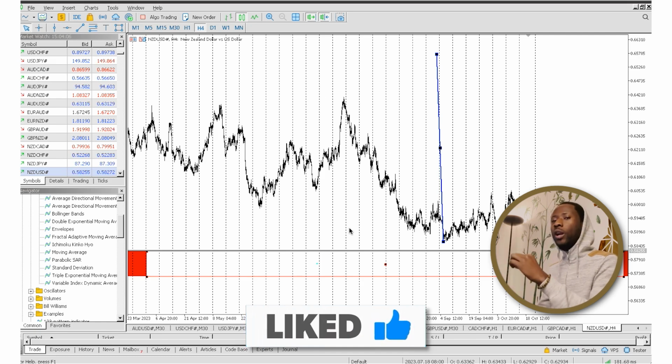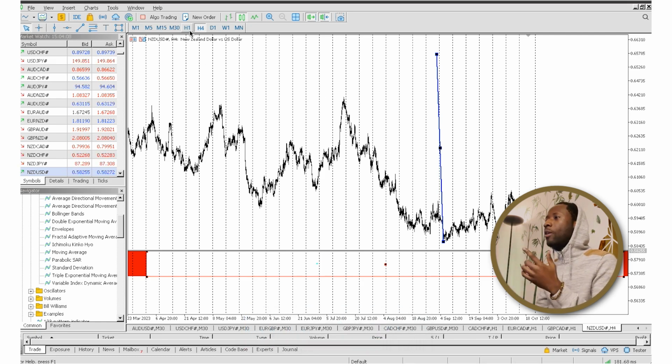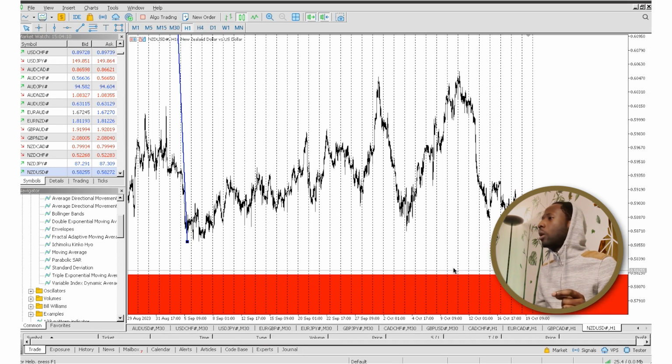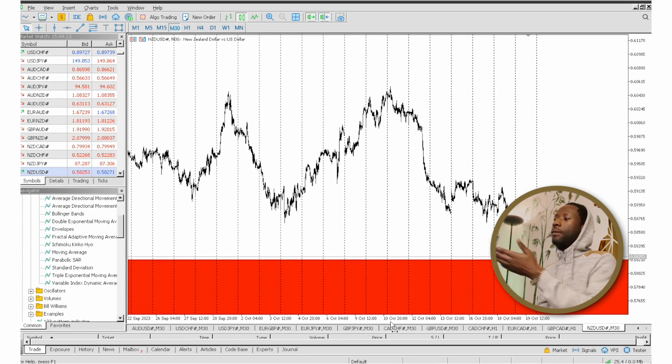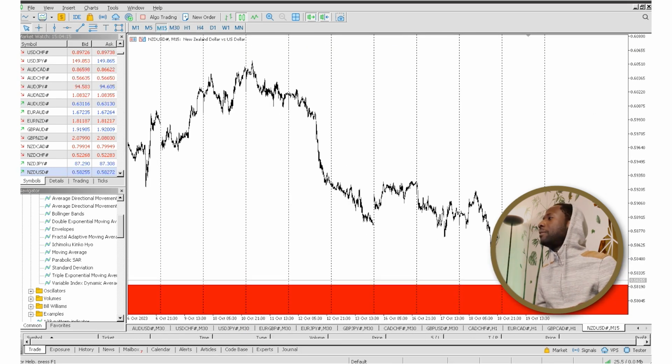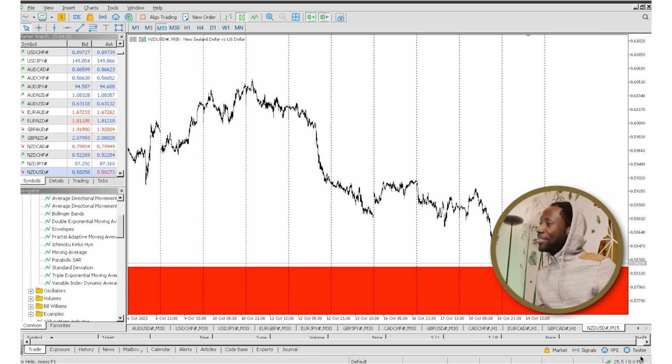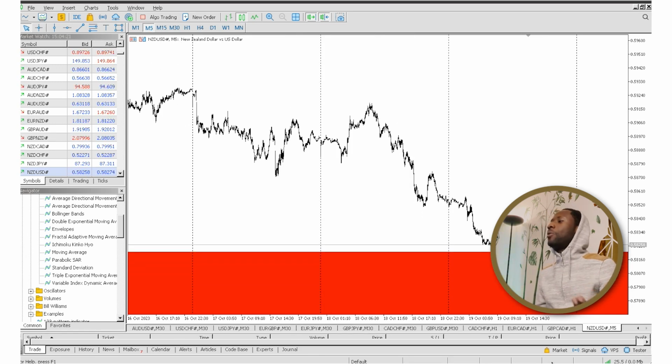So that is where you want to keep on drawing your zone. And when you do it in the 1-hour time frame, guess what? You drop down to the daily time frame, you can still see it. You drop down to the 15 minutes time frame, you can still see it. You see? So in the 15 minutes time frame, we can still see it. Okay, these are the negative things that I think MetaTrader could have worked on more.